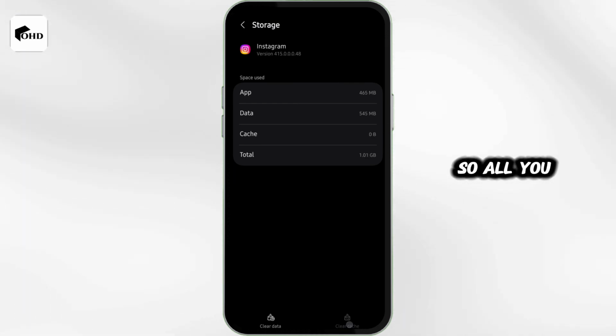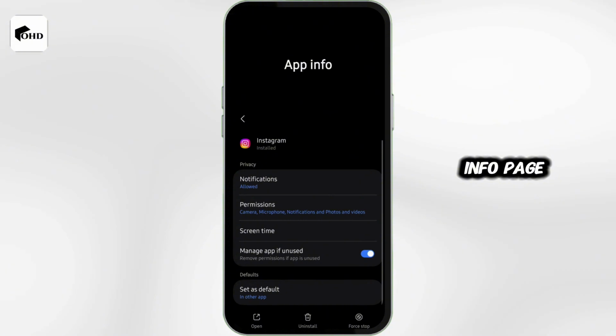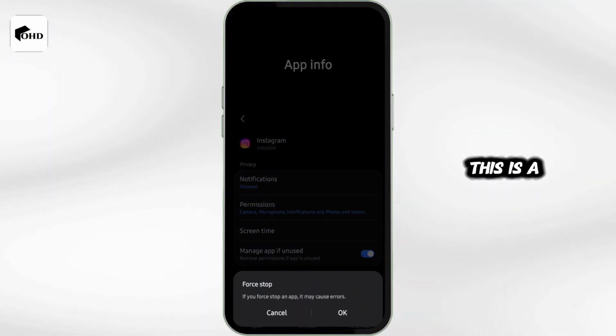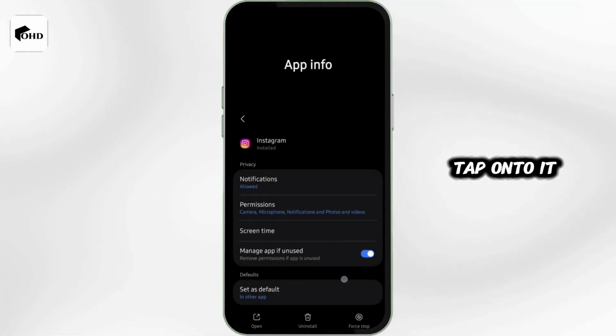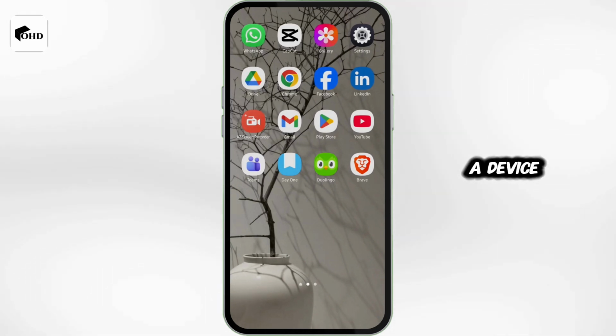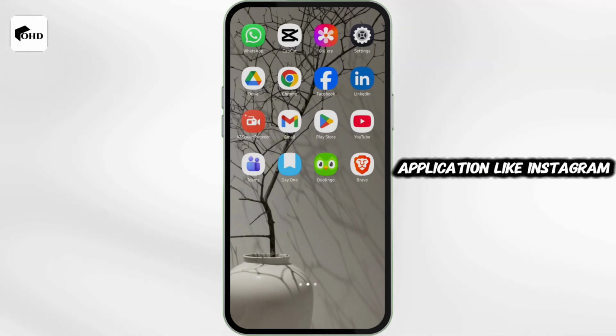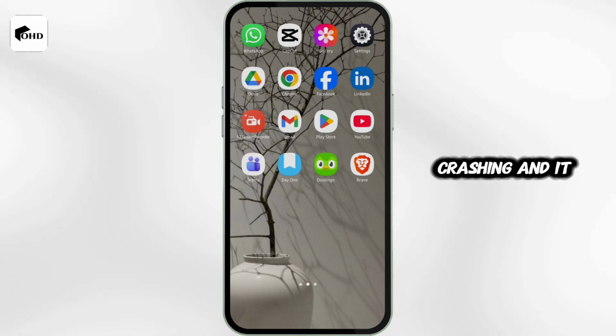Once you do so, all you have to do is come back onto app info page, force stop your application. This is a temporary action. Tap onto it, OK, and then restart your device. And all you have to do is launch the application like Instagram if it were crashing, and it will definitely